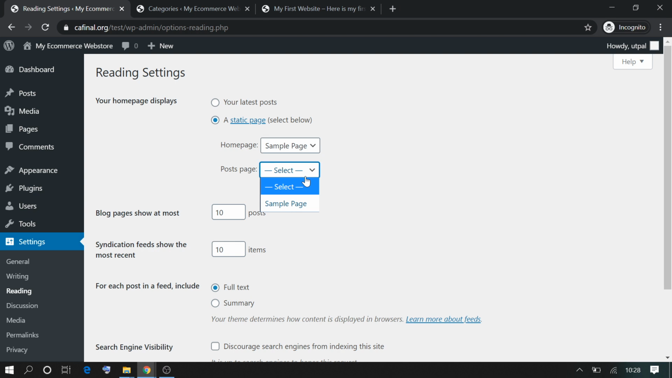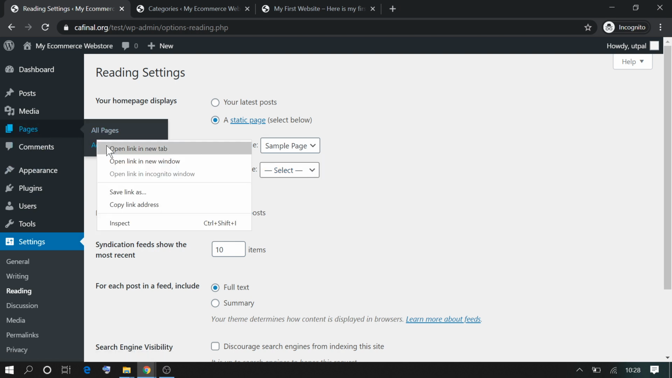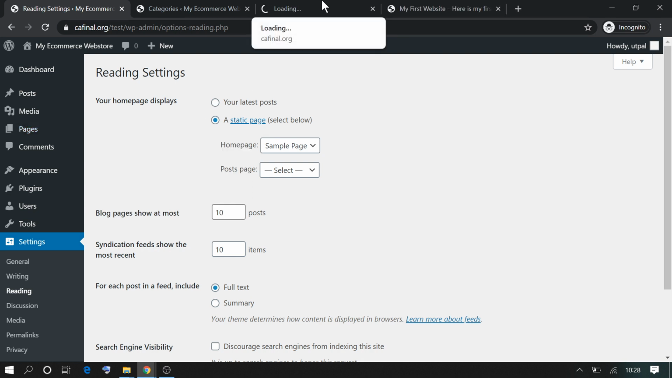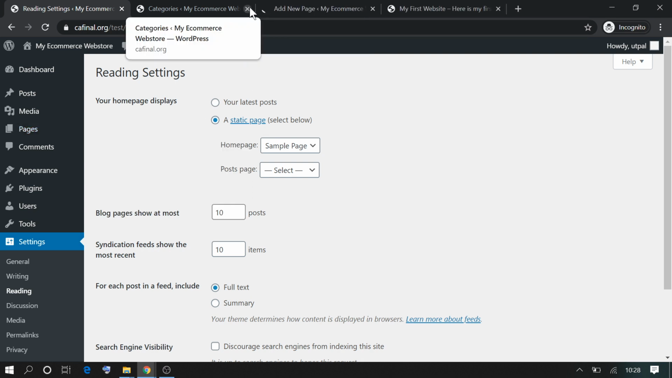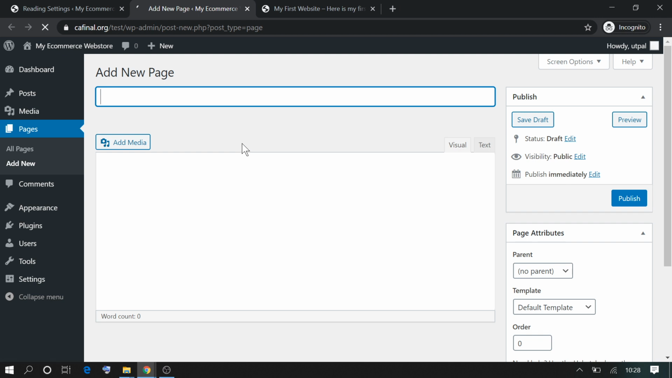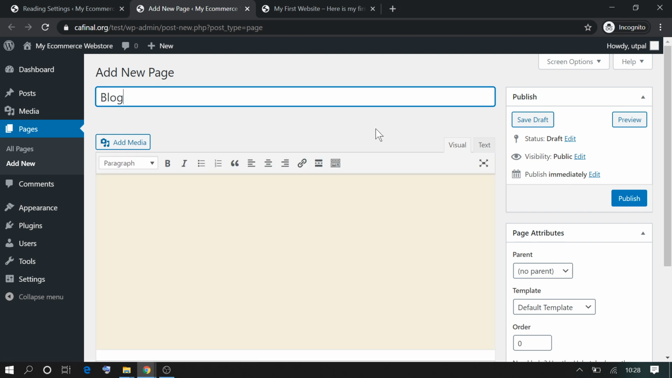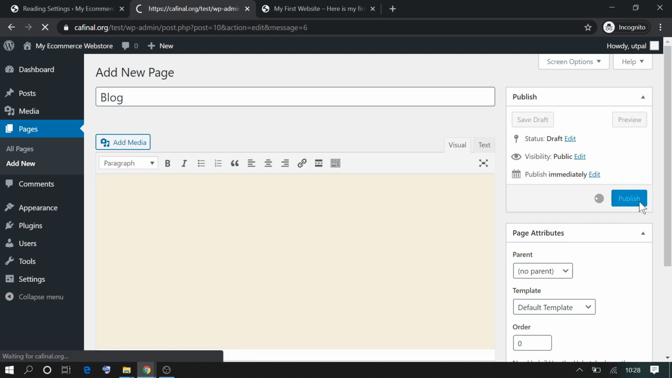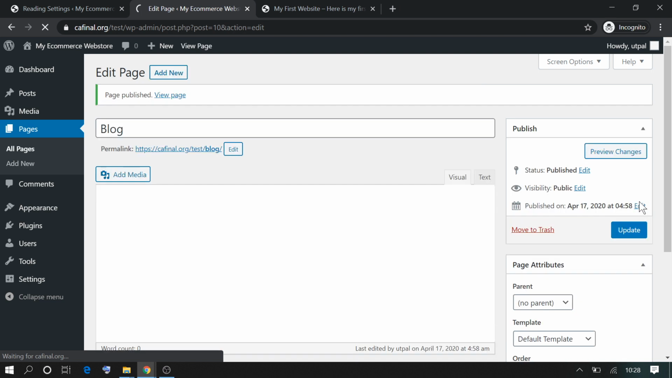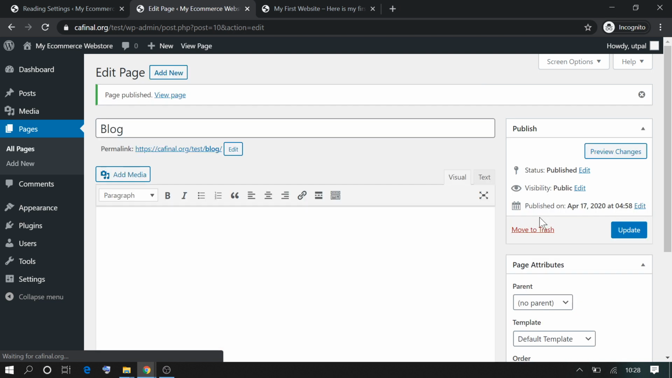And for the posts page, I will have to add one more page and I'll call that page a blog page. So when I go to the pages, I add a new page and I'll call this page Blog, and I will simply publish it. I'll not make any changes with regards to content on this page, because this page will automatically pull up all the blog articles which have been mentioned